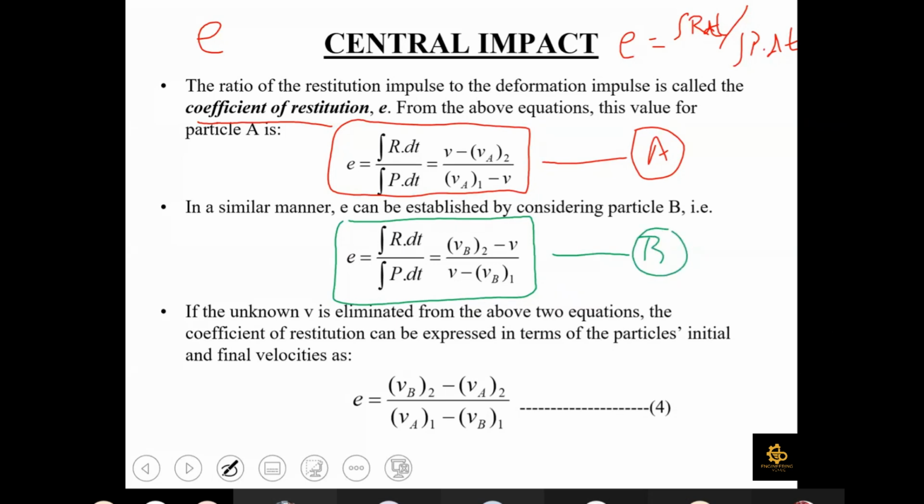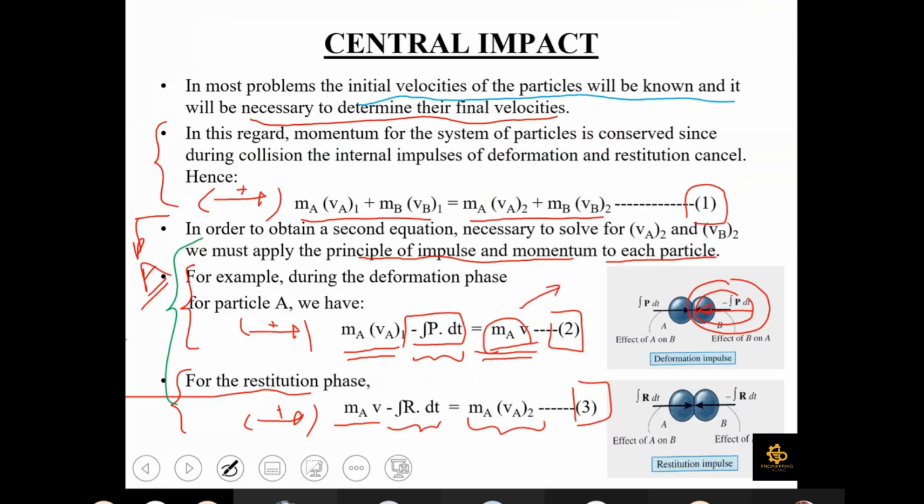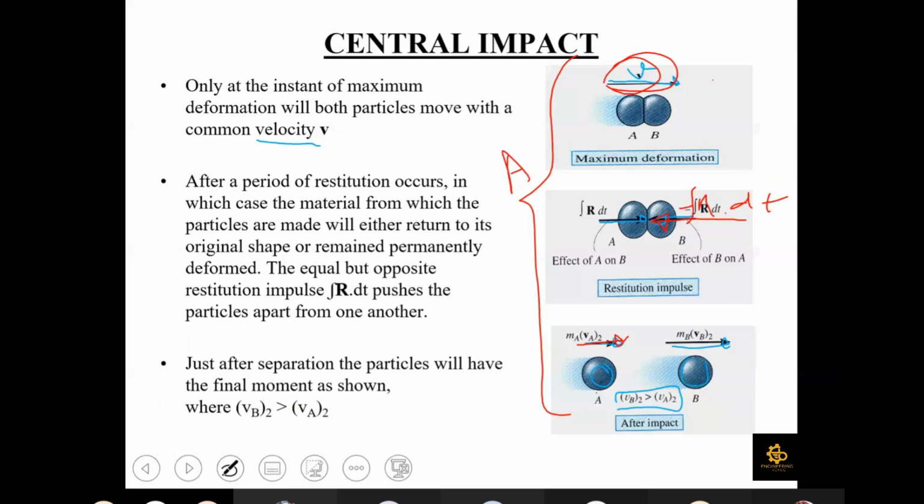So you are going to first consider particle B and apply the principle of impulse and momentum on particle B during the deformation phase, then during the restitution phase, and then find E to be equal to R dt over P dt, and you are going to get VB2 minus V over V minus VB1. So will you do these three steps on particle B? Yes, sir. Okay, now the next step is: